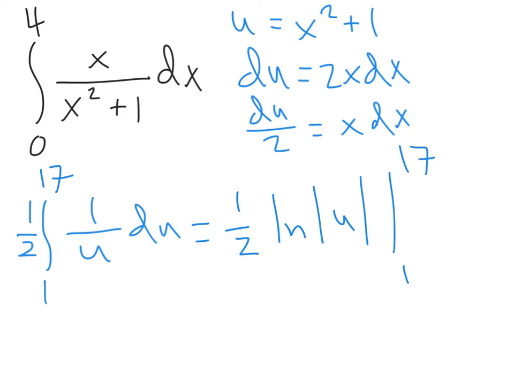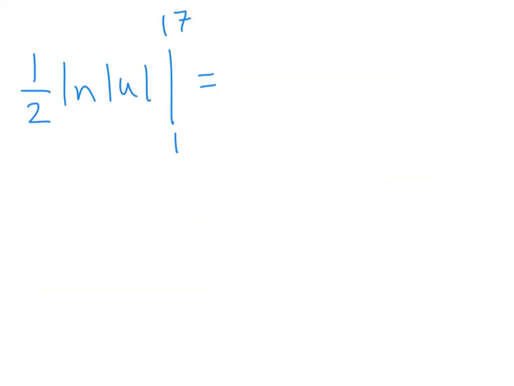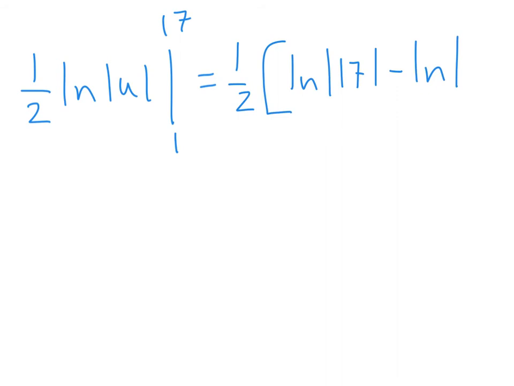Okay, so we took our antiderivative. Now we're ready to evaluate. If we plug in our upper bounds, we'll get 1/2. Let's just actually factor out the 1/2. We'll get natural log of the absolute value of 17, which we don't need those absolute values anymore, then minus the natural log of 1, which we still don't need